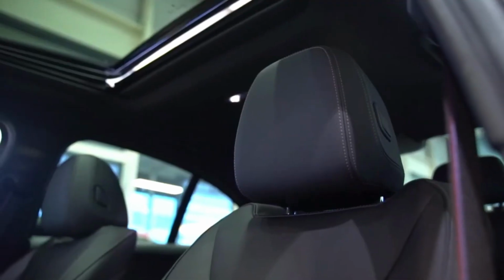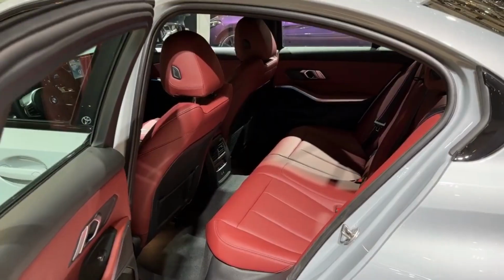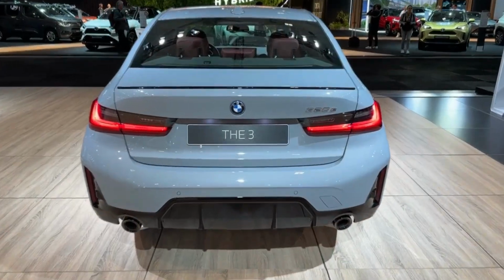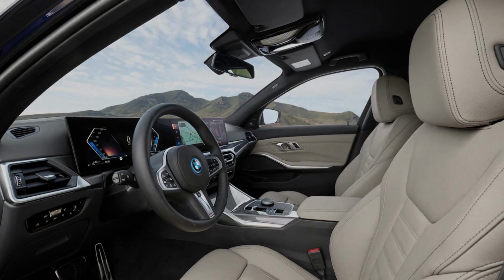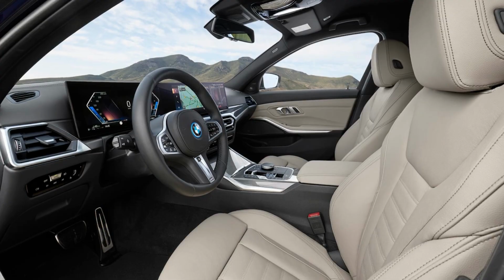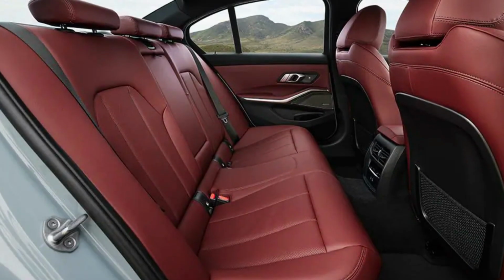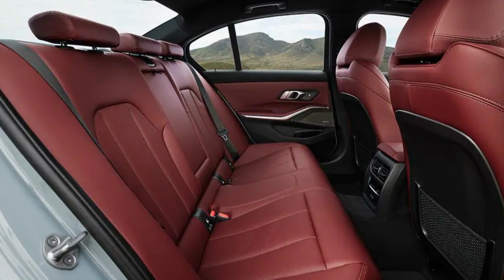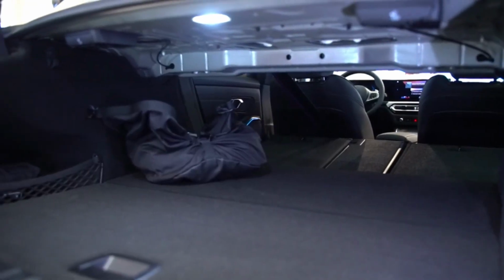Inside, the 3 has a modern design complete with excellent materials and impressive build quality. Nothing feels cheap inside the 3 Series and its controls are well placed. The standard sport seats are well bolstered and supportive and they offer extensive adjustments so it's easy to get comfortable. The car's extra cost content includes a detailed head-up display, customizable ambient interior lighting, heated front and rear seats, remote start and wireless charging. The 3 Series has a big trunk with an available power-operated deck lid, with 17 cubic